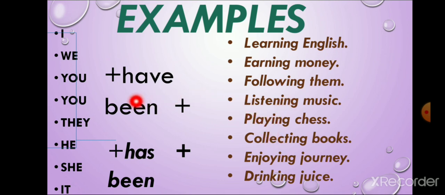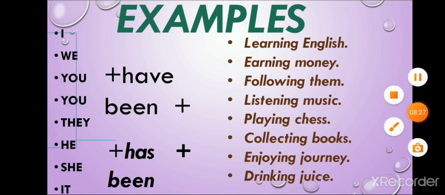But you just remember that you should use all these subjects and the helping verb forms here, and then plus VING form and object you should use. So present perfect continuous tense we have learned today. We must understand every tense easily, and this is the fourth type of present tense.